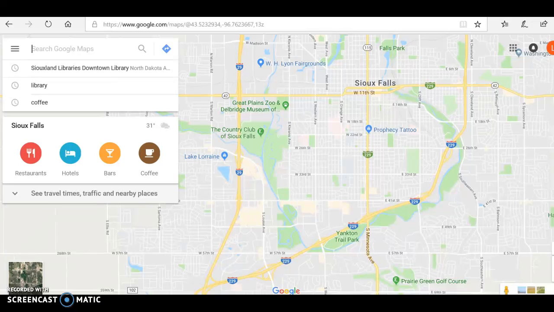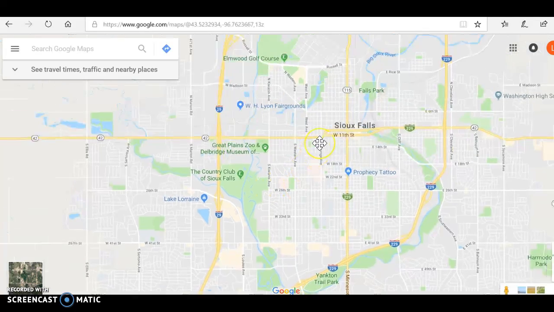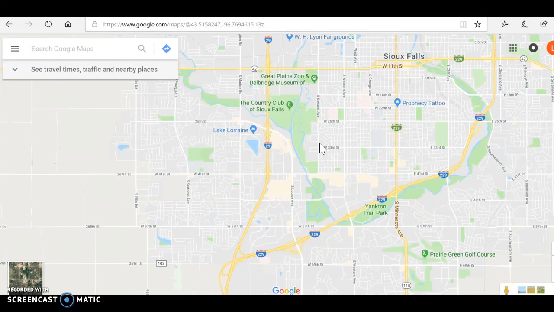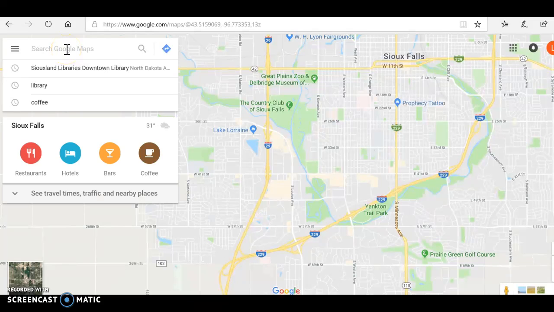Okay, so today I'm going to be reviewing Google Maps for our final project. Google Maps has a lot of really cool aspects to it that I was never aware of until I explained it or looked through it further. One of the aspects that I think would be very useful in our final project is just to see